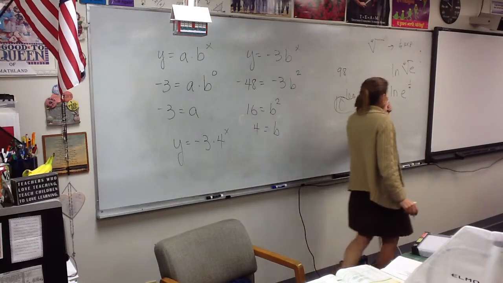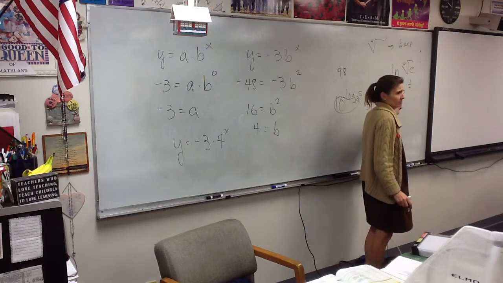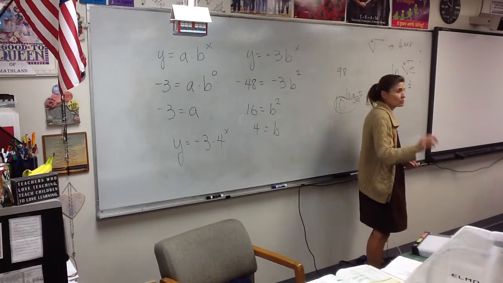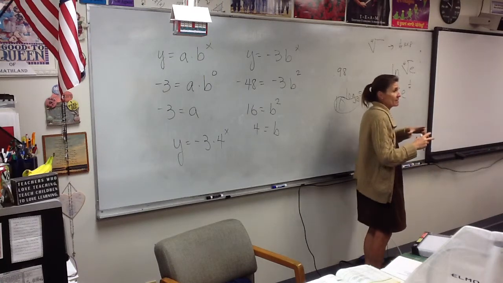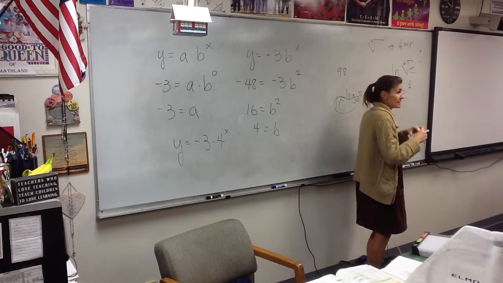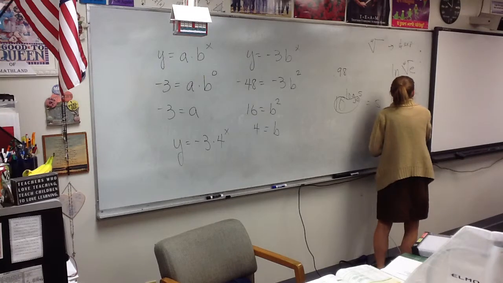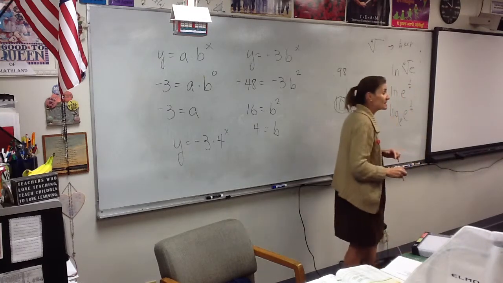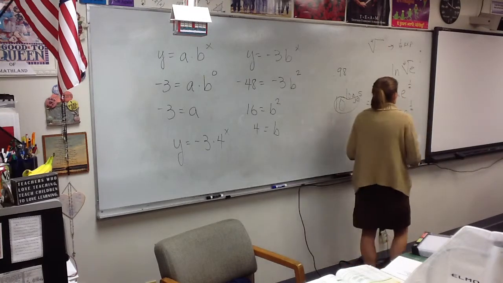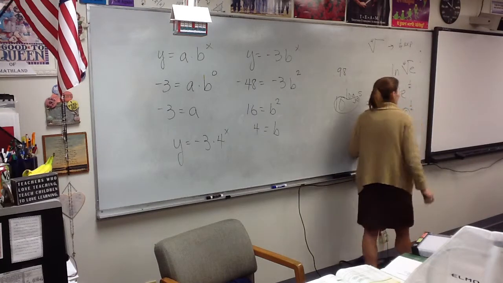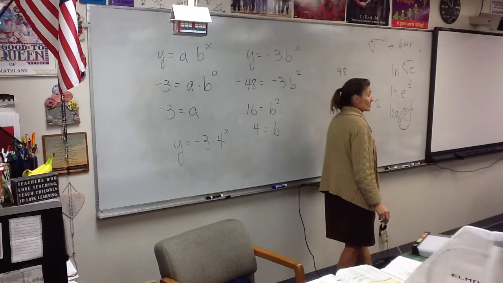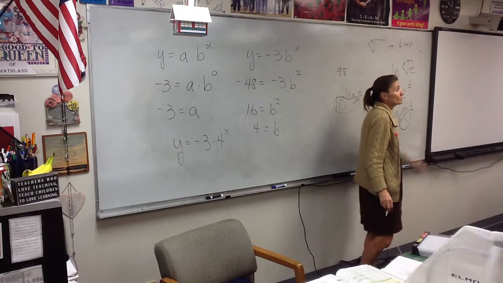Now, what does this mean, ln? It's natural log, but what does it actually mean? Log base e. So this is the log base e of e to the 1/4. Now that's a property too. When these two numbers match, the answer is